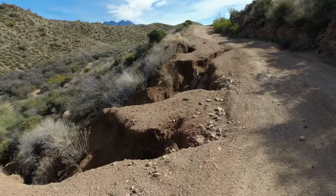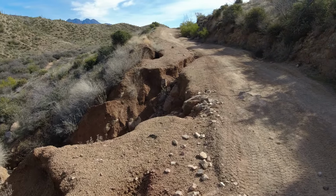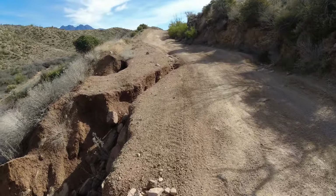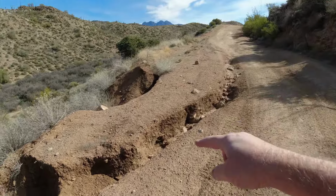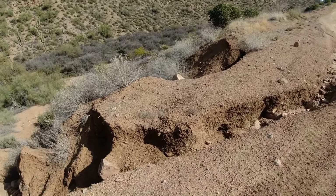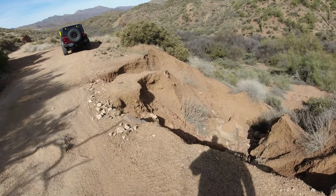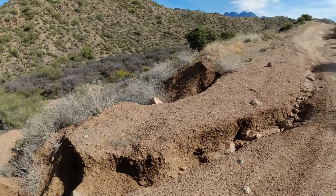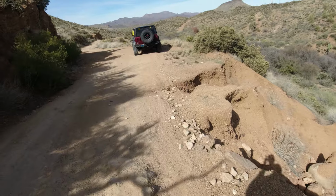I just came across this. I'm right after the beginning of the trail, and this washout is pretty substantial. It looks like the water's just running down the road, coming down this way and creating massive erosion. It could take out the whole road here if it's